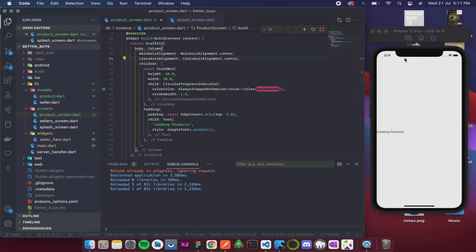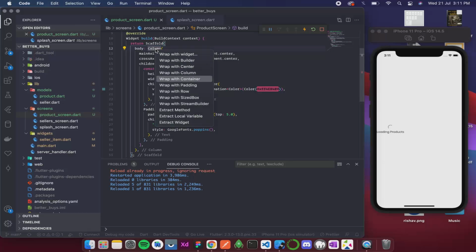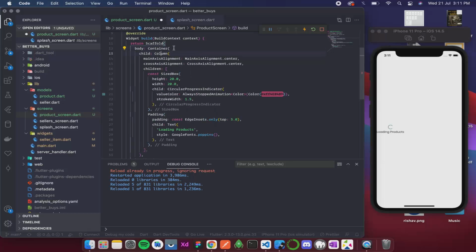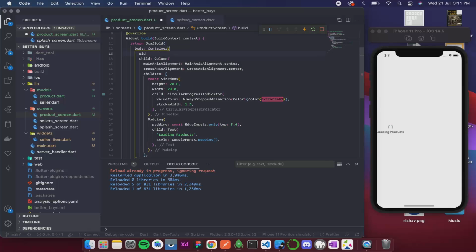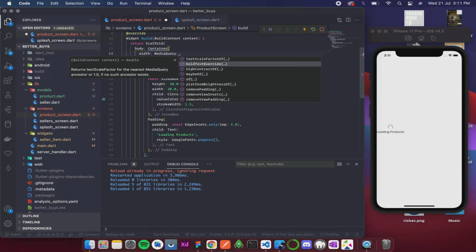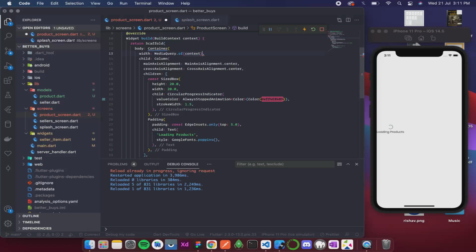Okay, so actually what is happening, that the column is taking only this much space. We want it to take the entire width. Okay, so now we will again have to bring back our container. Okay, and in the container we will give it a width. Okay, and the width of media query dot of, dot I guess settings.